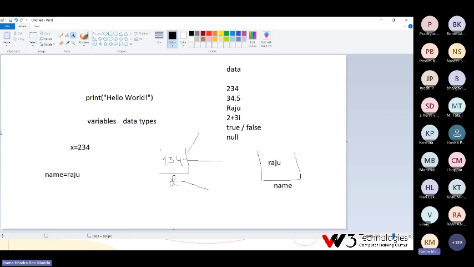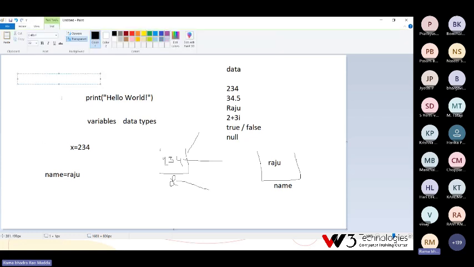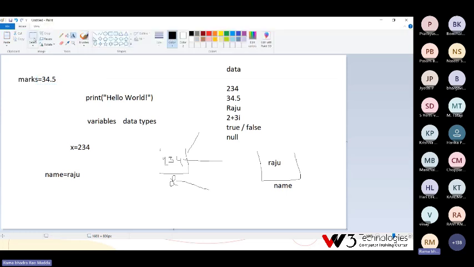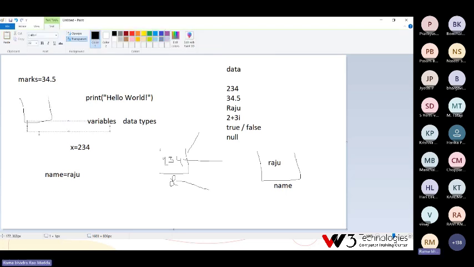If you want to store a decimal, for example, marks equal to 34.5. Here 34.5 is data, and marks is a variable. So I can store it in a container whose name is marks and whose data is 34.5.